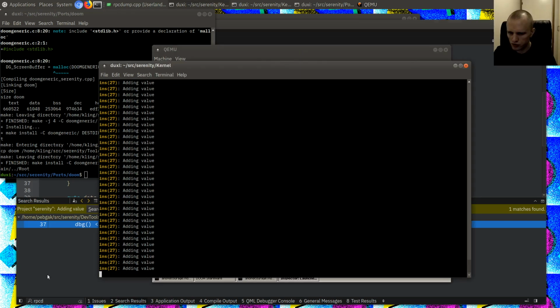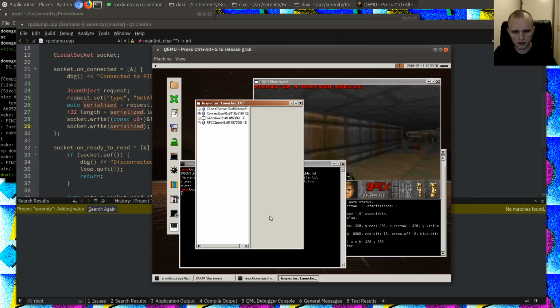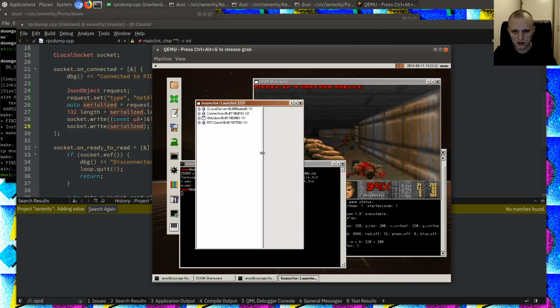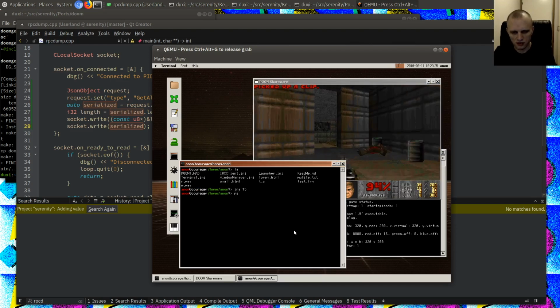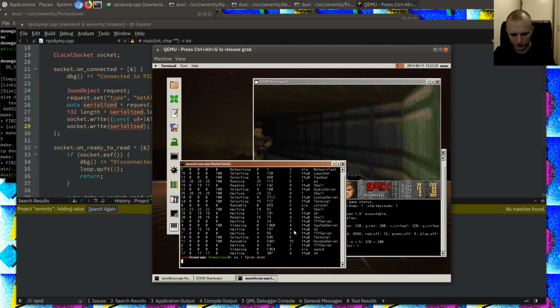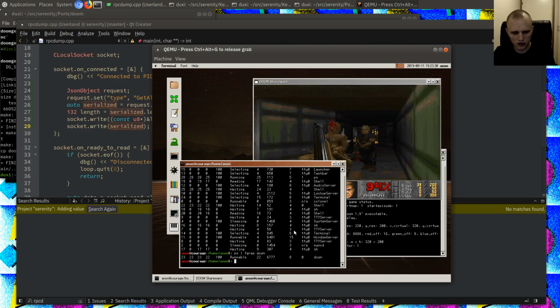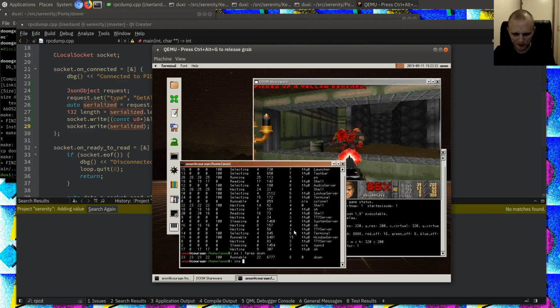Wait, I thought I removed that stupid thing. Okay, maybe I didn't rebuild the inspector. Anyways, oh shit, wait, I connected to the launcher. I'm stupid. PS. Wow, look how slow it is. Oof. Alright,